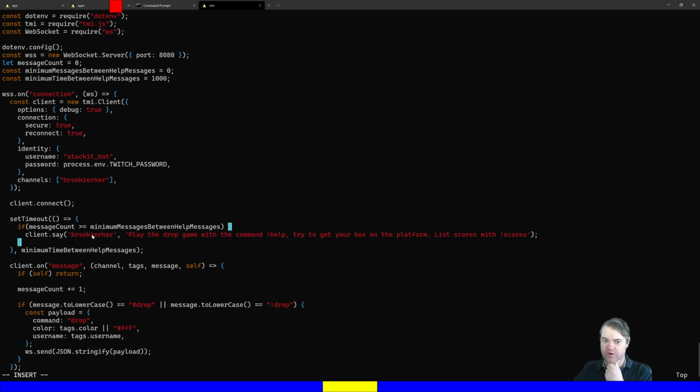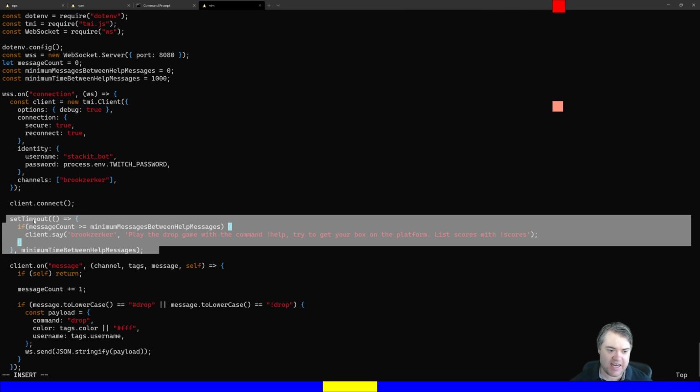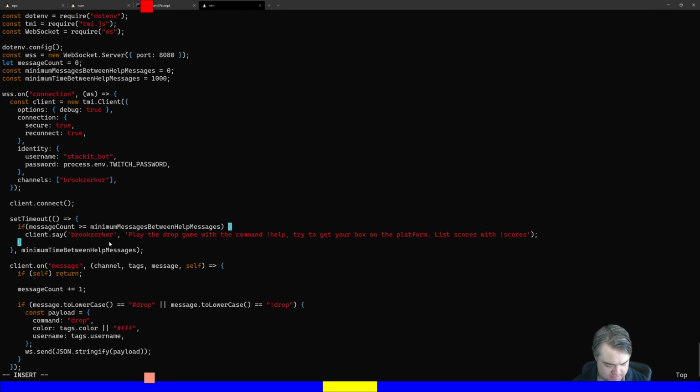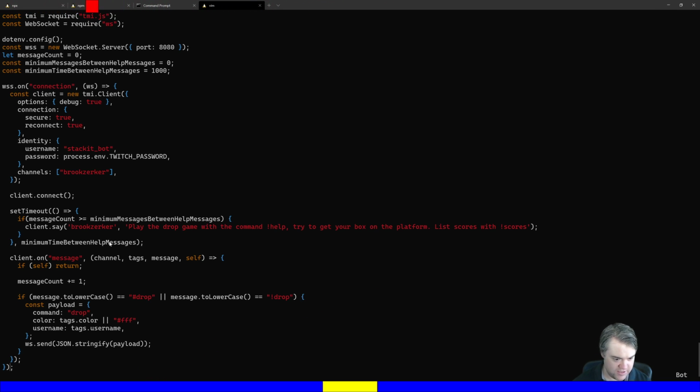And that's where it gets like sort of funky and interesting. I want to start this again after a certain amount of time. I could make this a function here. So like this set timeout could be inside of a wrapped function where I then pass the client in. I kind of like that idea. So if I come down here to the bottom,